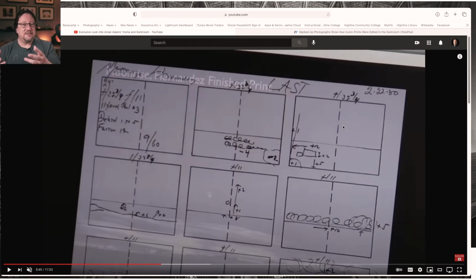We do that in a similar way now with Lightroom or other software with sliders, as well as other local adjustment tools that I'll share in some example photos. So very much, I believe Ansel Adams was doing what we do now. He just did it mechanically with tools, with cutouts and circles and chemicals. We do it now with bits and bytes and software.